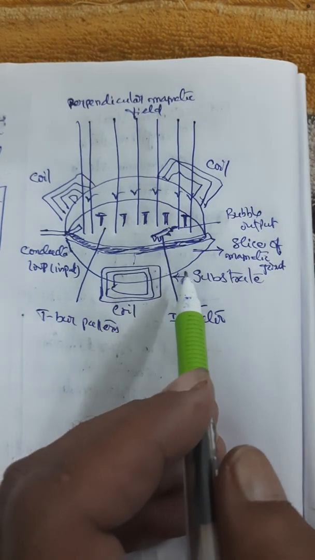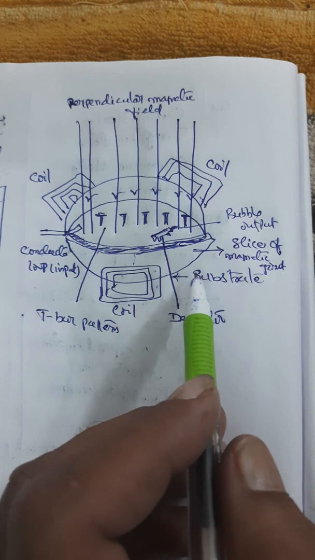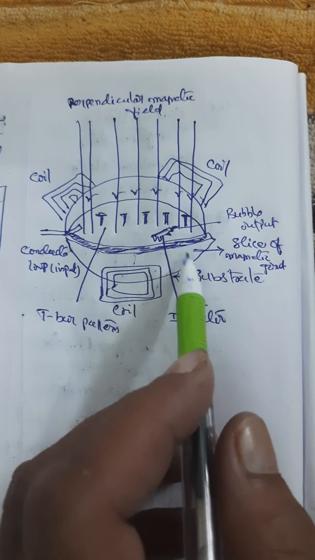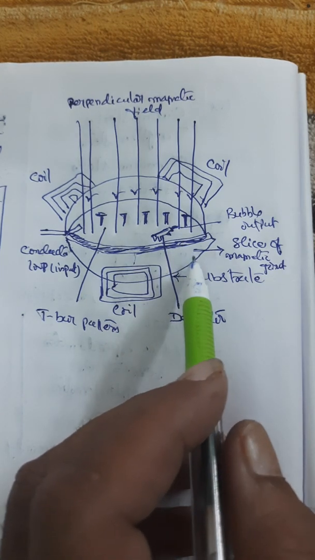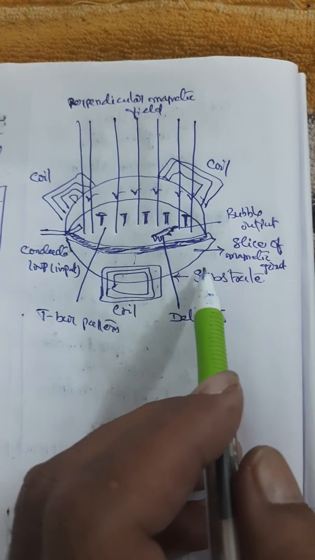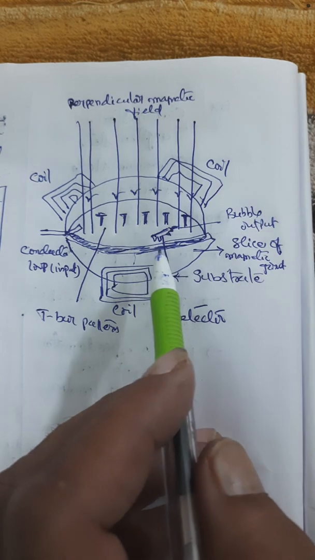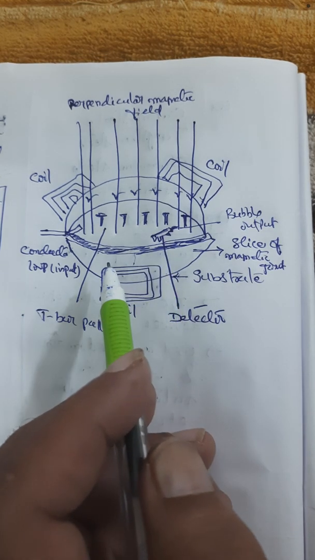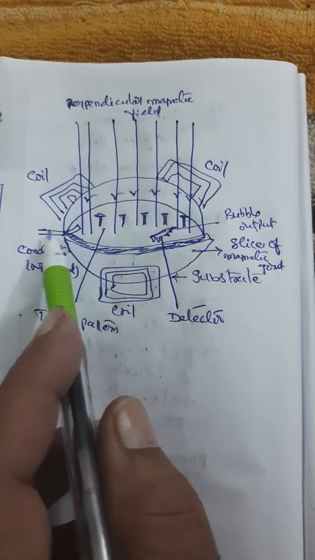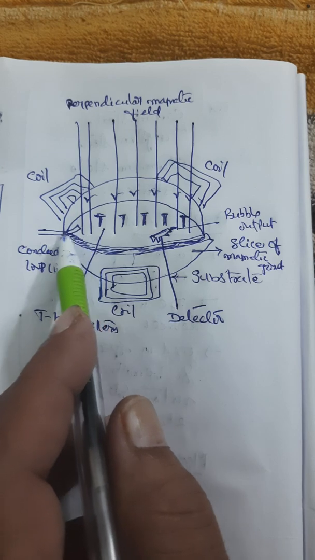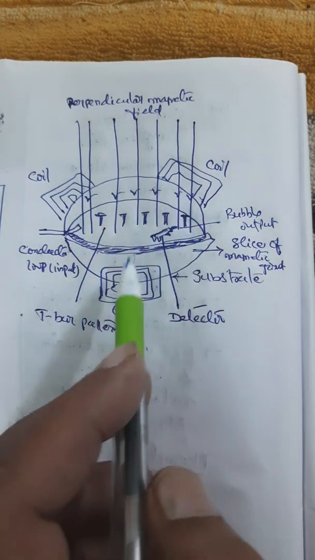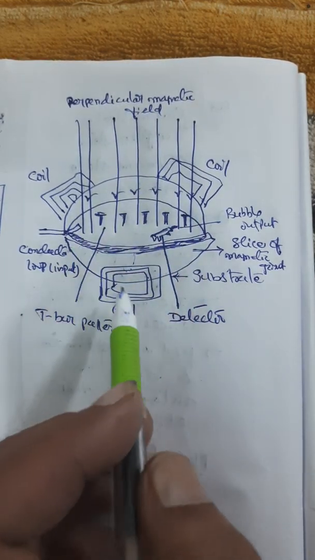As I said earlier, a very thin layer of magnetic garnet is grown epitaxially on a substrate made up of non-magnetic materials such as gadolinium gallium garnet of a diameter in the range of 20 to 40 nanometers. A permanent magnet is used to produce the required magnetic field. The conductor which we place here on the top of the surface of the device is used to produce the magnetic bubbles. The magnetic bubbles are rotated with the help of these three coils as shown.